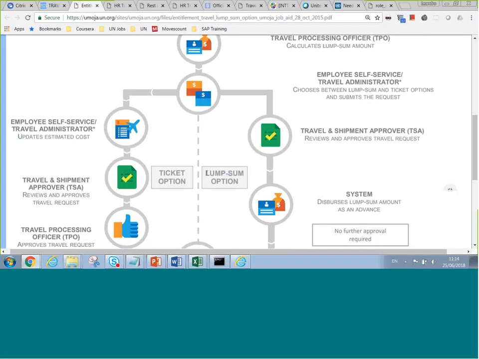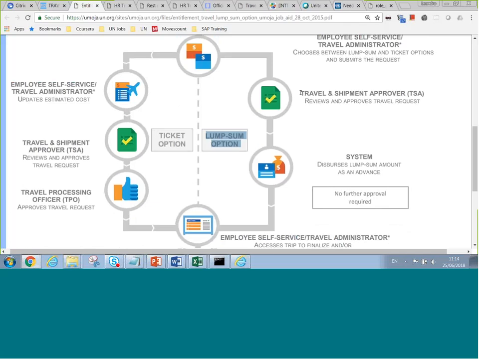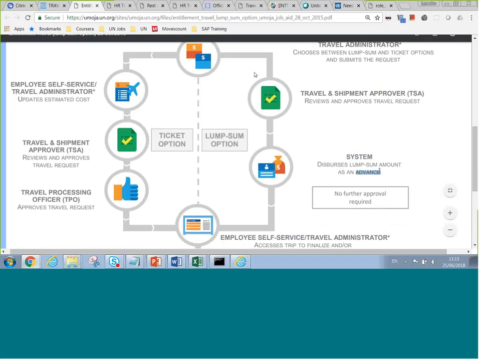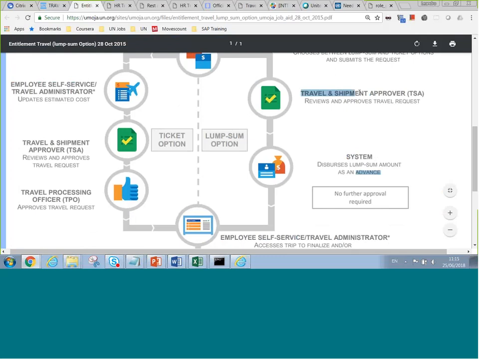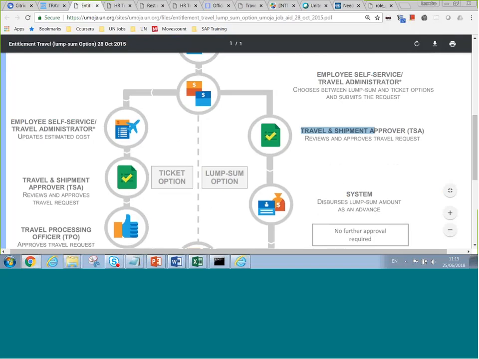If you decide on the lump sum option, the travel request will go to the TSA, and automatically after the TSA approves the travel request, the system will disburse the lump sum amount to the traveler, the UNV, as an advance. If you decide the ticket option,